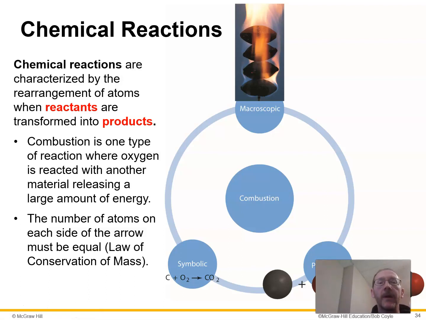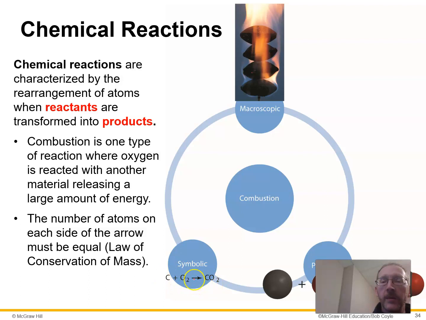So this third part is talking a little bit about chemical reactions. If we go back to when we think about the different types of representations of chemicals, you have chemical formulas: C for carbon, O2 for oxygen, CO2 for carbon dioxide. Now that means a reaction. Carbon reacts with oxygen in a reaction that's called a combustion. Combustion is a type of reaction where oxygen is reacted with another material. So carbon reacts with oxygen to give me carbon dioxide.